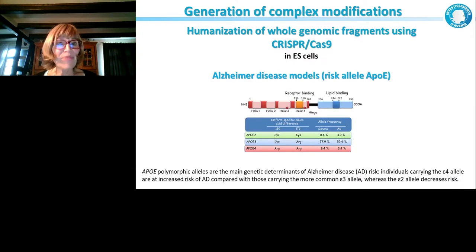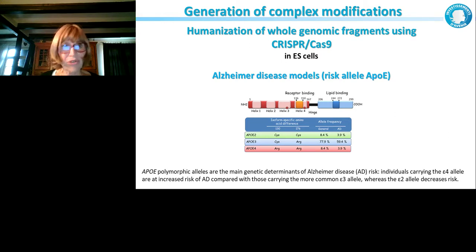And that's an example because, of course, complicated models are easily feasible with CRISPR, but here is a model that we have generated, and that's even larger. Then it's possible to do humanization pretty easily using ES cells. And that's a model we have generated. In fact, 3 models with the 3 mutations that you can see in green, blue, and red: ApoE3, ApoE2, and ApoE4, with the different mutations here.